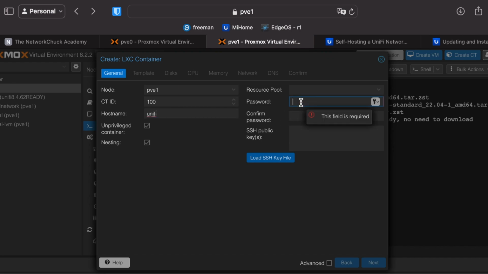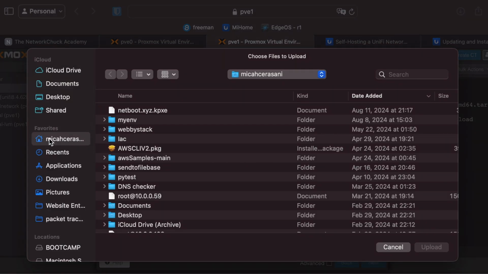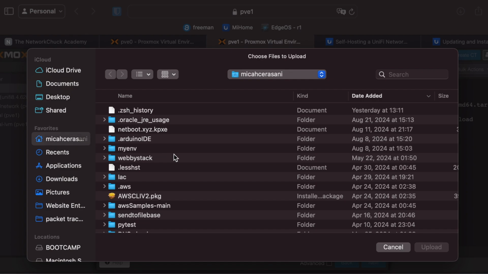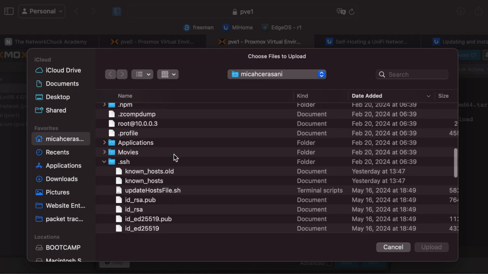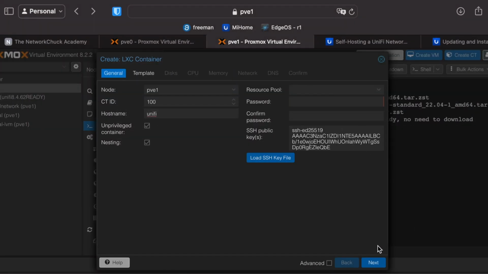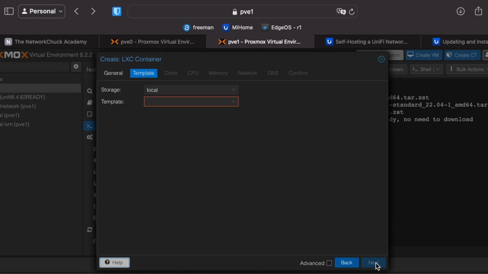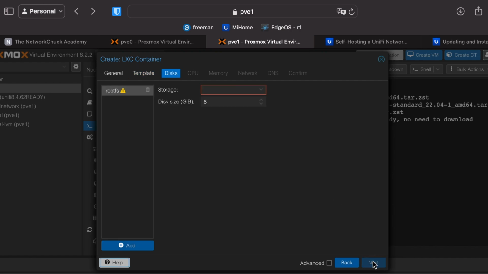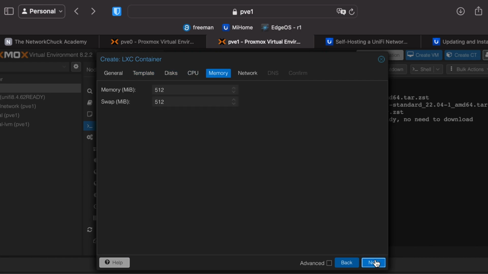Passwords, I don't like them, I don't use them, and I don't suggest them. Use your SSH keys if you have them. Click on Home, Command-Shift, period, and that'll show all of your hidden files and SSH. Click on your .pub key for the public key, and you'll be logging in without a password. It's pretty cool. Ubuntu 22.04,